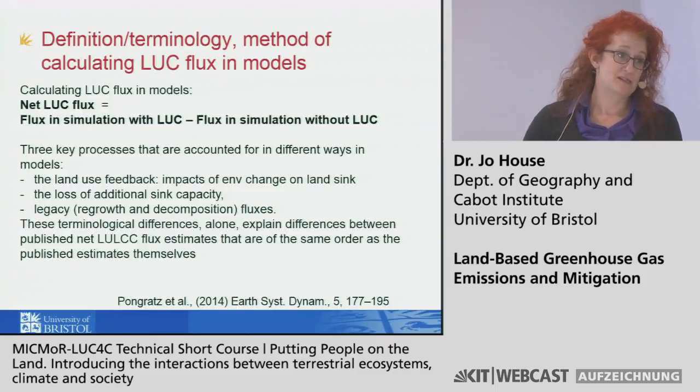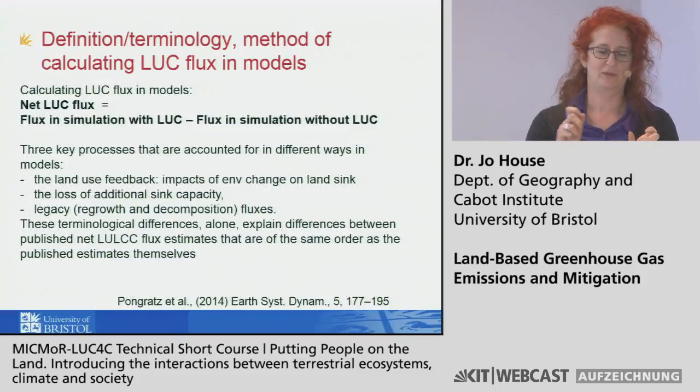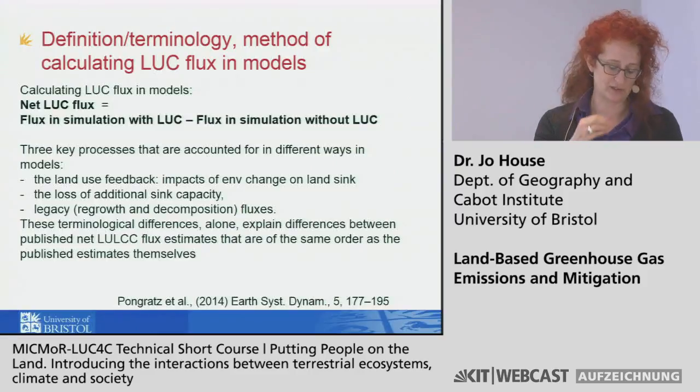And there's three key processes that get accounted for in different ways. The first one of these is land use feedback, and that was what I was just saying about the impacts of environmental change, so the impacts of CO2 and climate variability. And so the DGVMs typically include that. The Houghton accounting method sort of implicitly includes it, but not transiently, so it's not accounting really for the change. It might be accounting for some of the effects, but not the changing effects over time. And the coupled models include it because it's all coupled, and when they've got their vegetation model in there, the changes are acting on the vegetation.